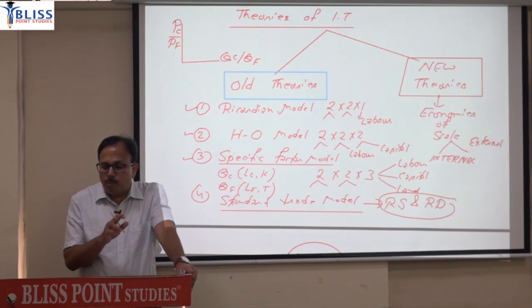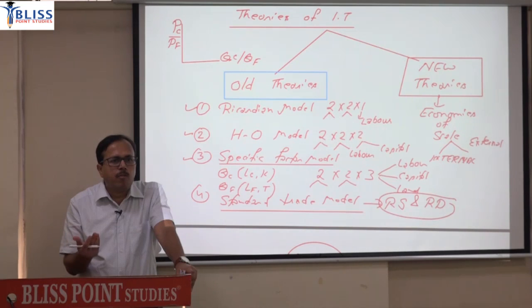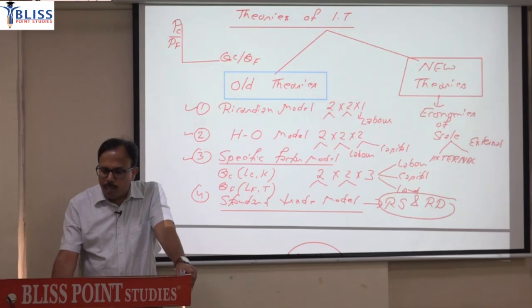So before trade, prices are different. After trade, prices tend to converge. So obviously without any trade, if the prices are the same, then there is no reason for trade. Trade arises mainly because prices are different before trade. Trade will converge the price. So these are the prominent theories of trade,